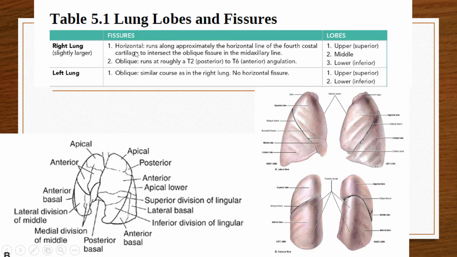Now, the right lung will have two fissures, the horizontal fissure and the oblique fissure. And the left lung is having only one fissure, which is oblique. This is the revision, and I am revising all these points again and again. So these are the names of the fissures written in this column, and these are the names of the lobes which are written in this column. Upper can be called superior, middle is middle, lower can be called inferior. In the left lung also there are two lobes, upper is called superior and the lower is called inferior.